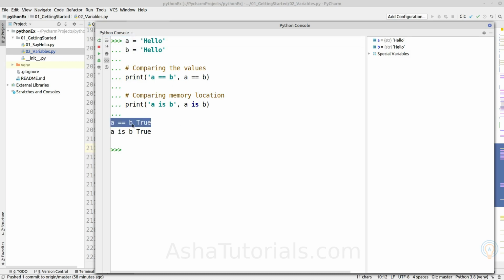And of course double equals returns true because both variables are holding the string data type with the same value hello. So double equals compares the value hello of the string, and the is operator compares the memory address pointed to by variable a and variable b.